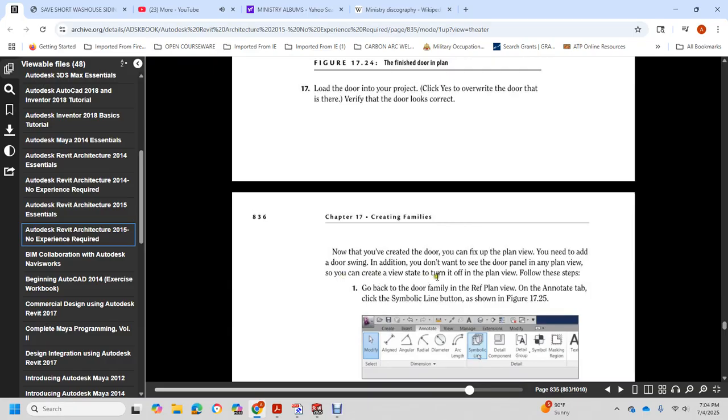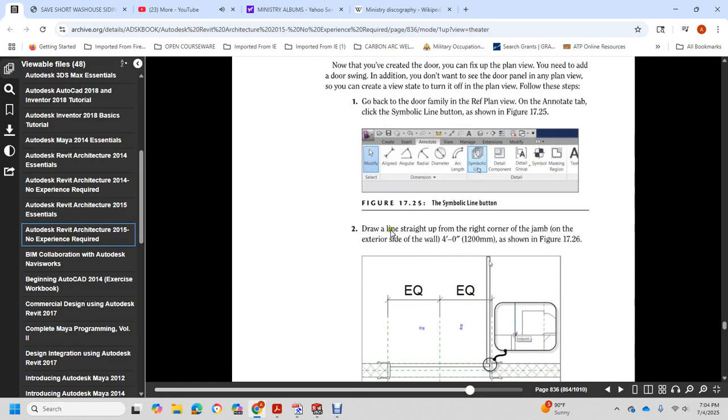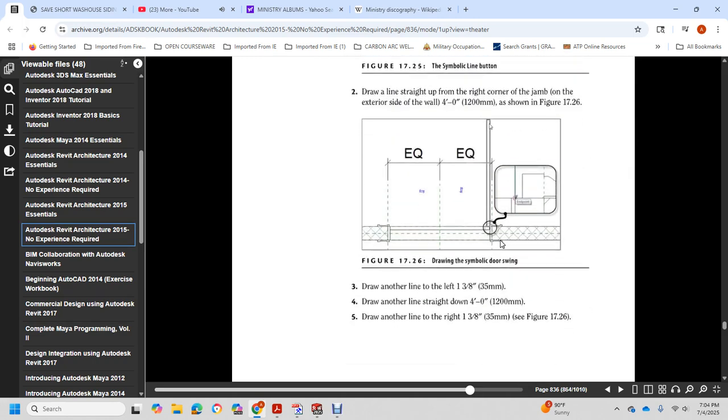You also need to add the door swing, since you don't want the door panel showing in plan view. To do this, turn off the plan view and follow these steps. Go back to the door family, reference plan view, Annotate tab, Symbolic Line button. As shown in Figure 725, draw a line straight from the right corner of the jamb on the exterior side of the wall, 4 feet 0 inches. As shown in Figure 726, draw another line